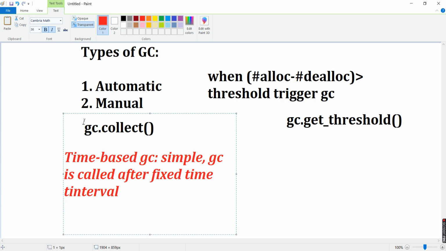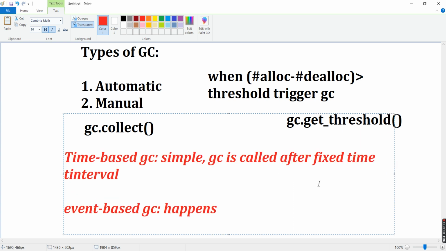So that is time based garbage collection. And the second type of garbage collection is called event based garbage collection. It happens when the user does some activity, like when the user exits an application,